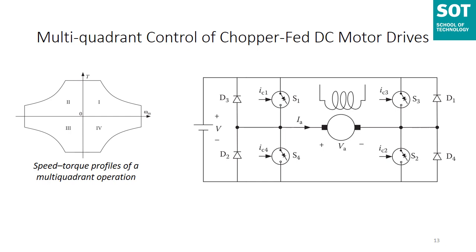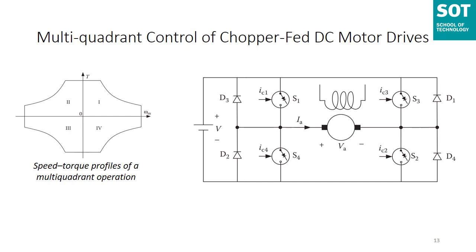That means the terminal voltage remains positive. Now, how to obtain the other two quadrants? For quadrant 2 and quadrant 3 operation, the switch S3 is kept closed continuously and switch S1 and S4 are controlled. So one gets a two quadrant operation with a supply that can supply a variable negative terminal voltage, and the armature current can be in either direction, that is positive torque or negative torque.